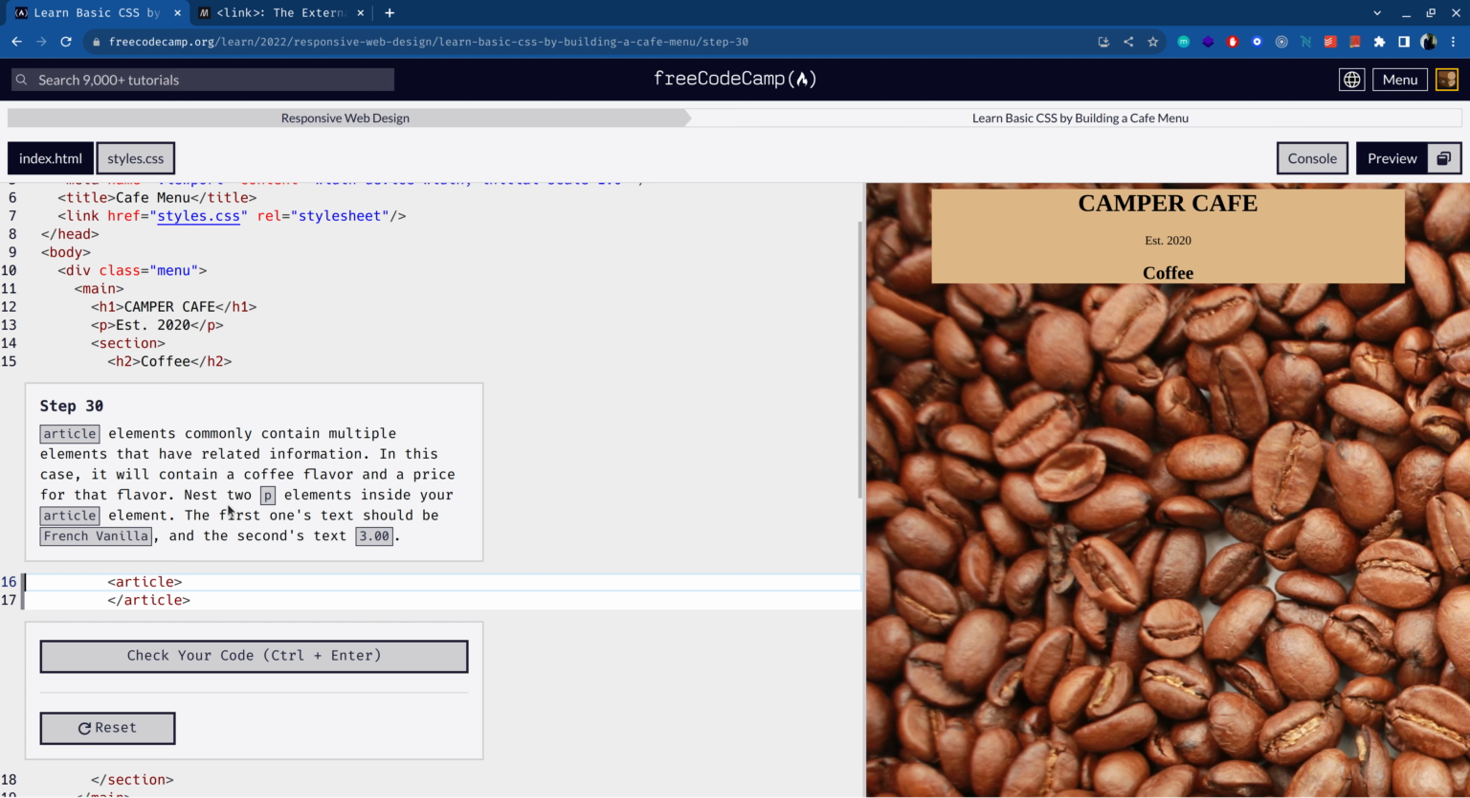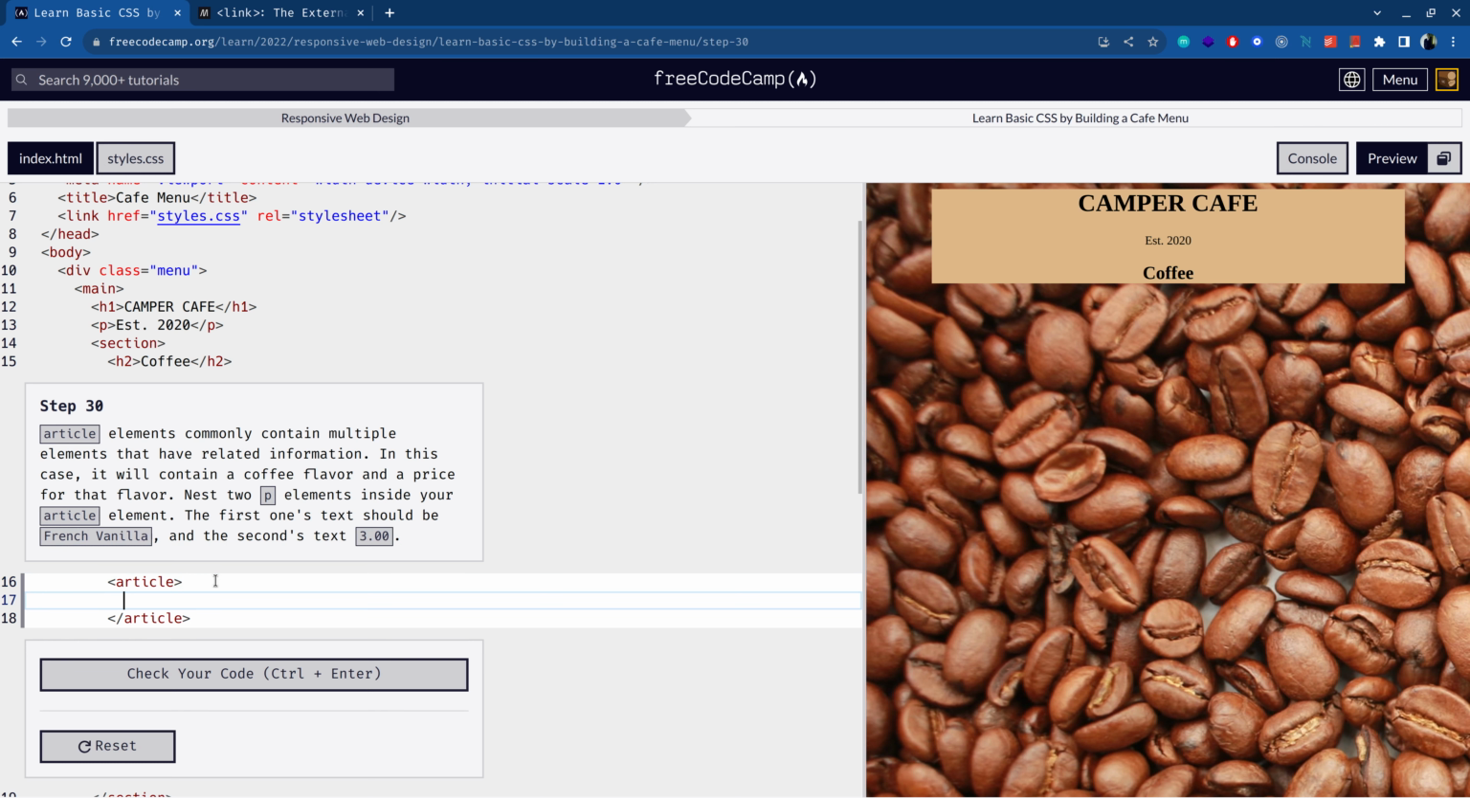Article elements commonly contain multiple elements that have related information. In this case, it will contain a coffee flavor and a price for that flavor. Nest two P elements inside your article, and the first one's text should be French vanilla and the second's text should be 3.00. Okay, so P